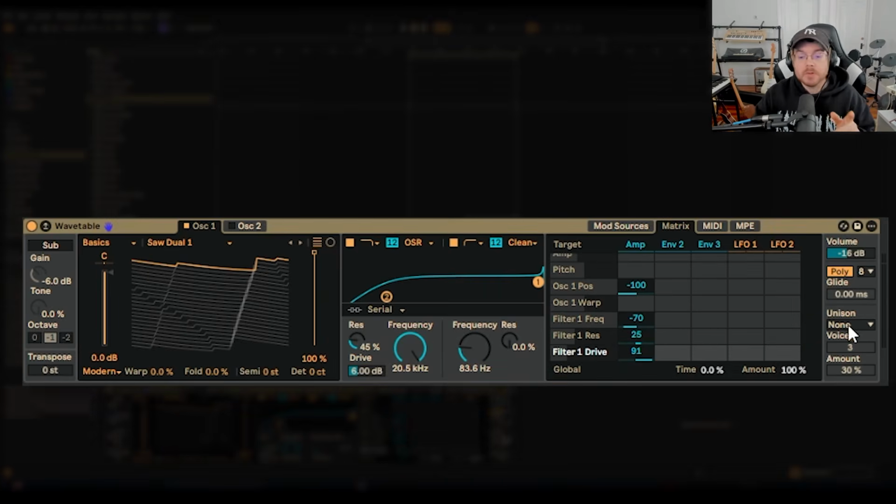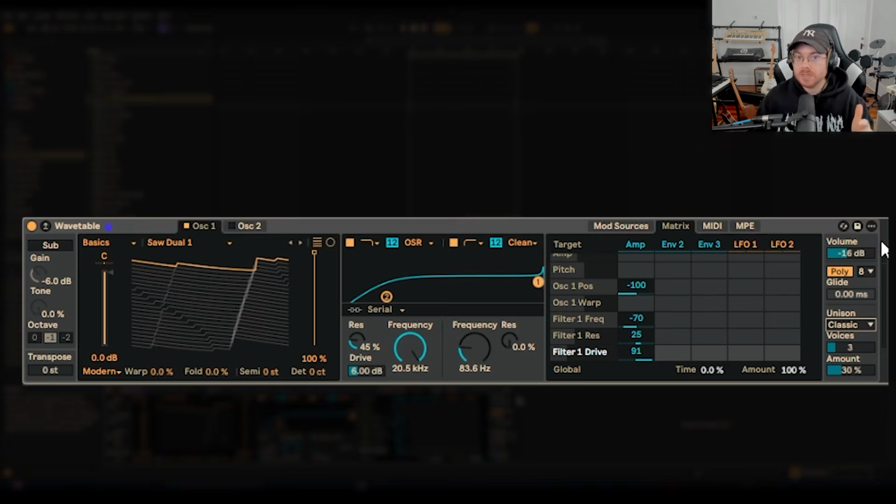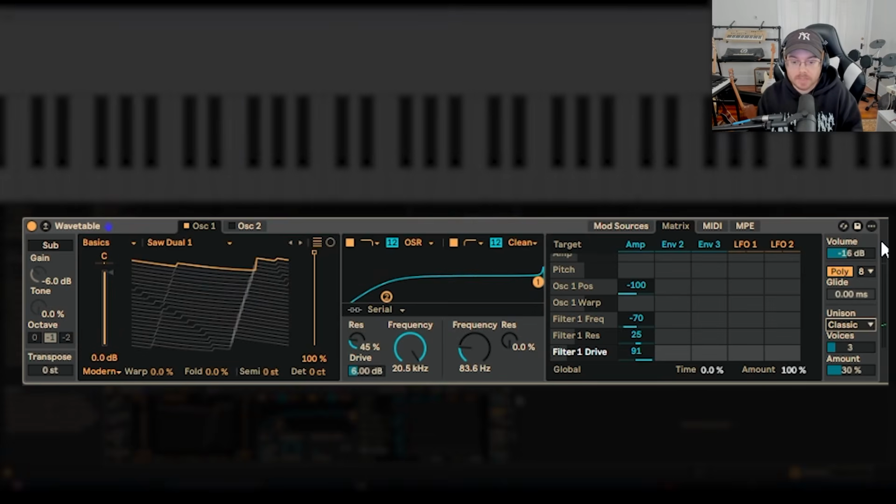Here's another cool thing you can do. I'm going to go to unison and I'm going to go to classic. If you've played around with wavetable before, you know this effect really creates a lot of nice stereoization and modulation to the sound. So it immediately sounds really cool, right? Just with that thing on. So it's probably in your headphones a lot more stereo,